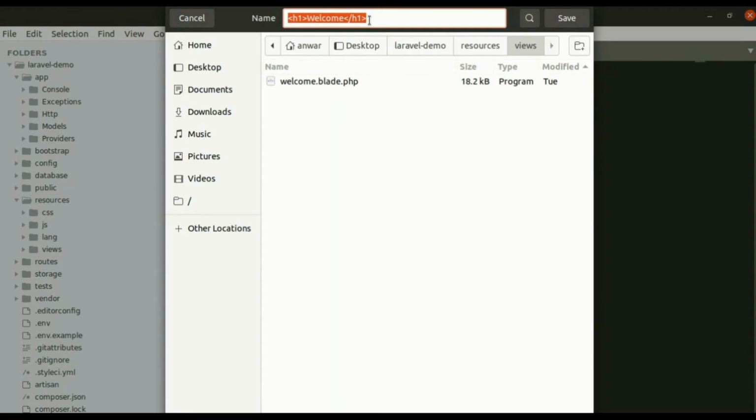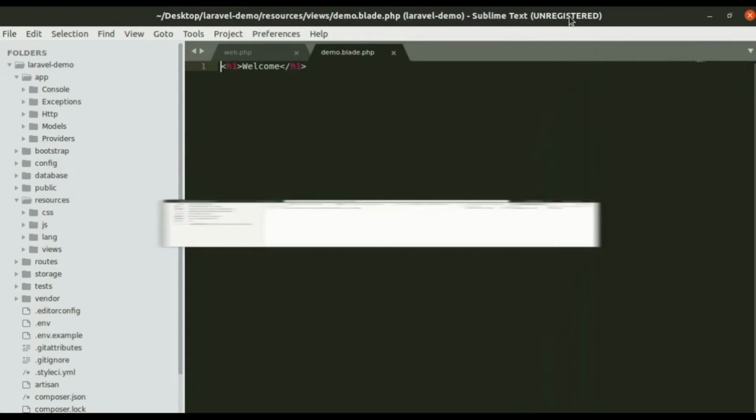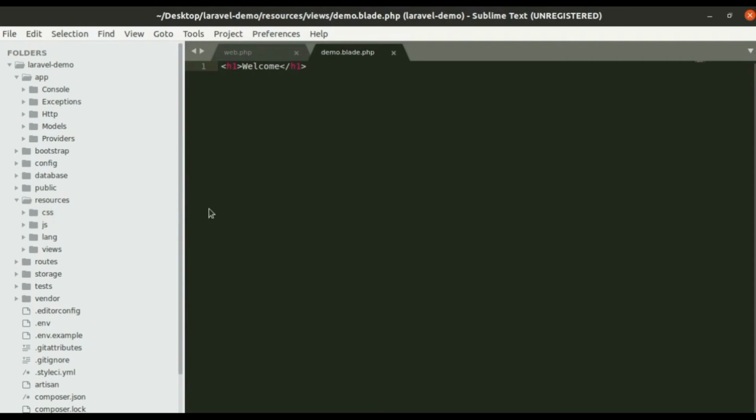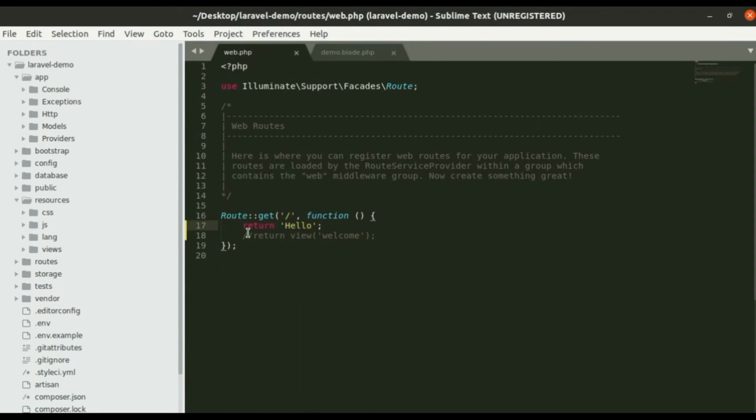Now save it with the name demo.blade.php. The file name will always have the blade.php extension. Now open the web routes file.